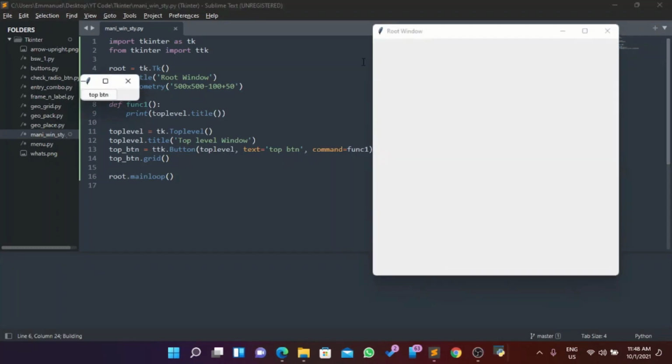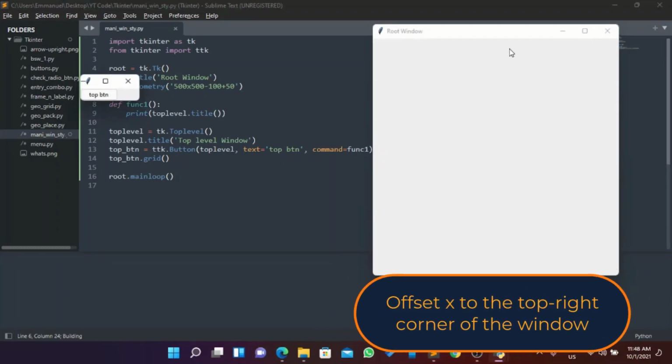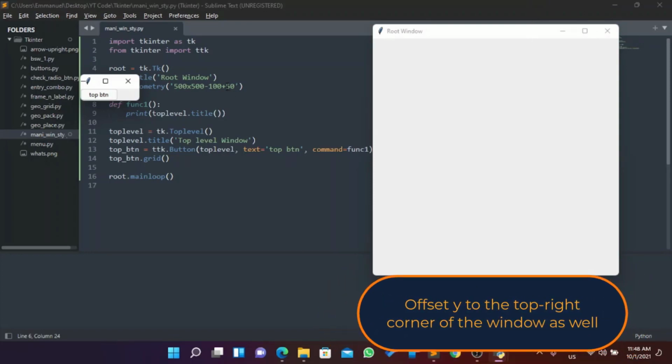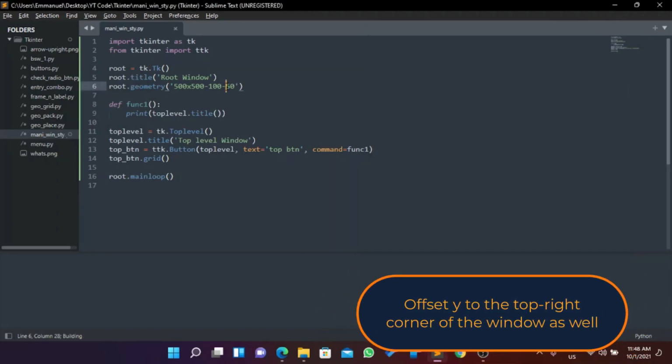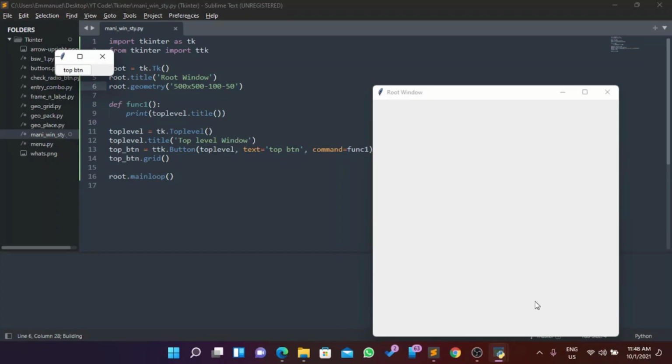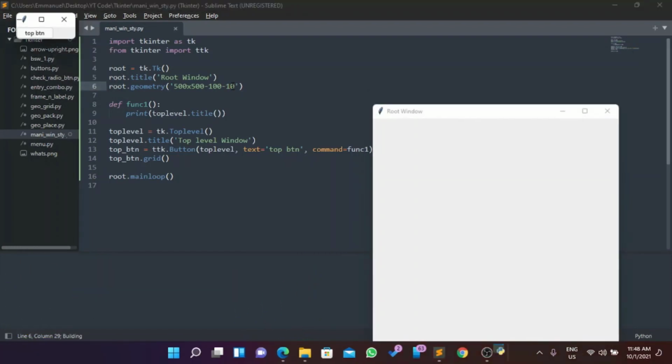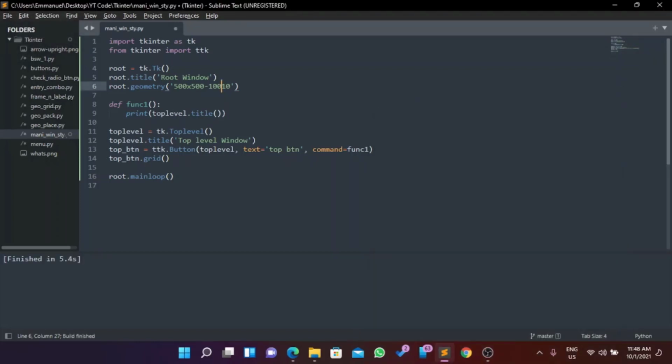So if I do Ctrl B, it offsets 100 from the right. And so by this place, this is where it offsets 100 to. And the y offset is still 50. So if I change it to minus 50, the same thing happens. It offsets 50 from the bottom. Okay. What if I give it 10 here? As you can see, it goes beneath my task bar, so it's somewhere around here. That's how it works. Instead, I'm just gonna give it plus 100